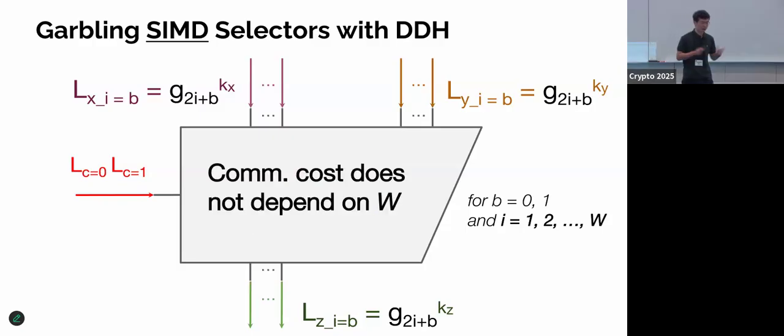Okay, so the main takeaway here is that the communication cost does not depend on W. But how about the computation cost? It seems that the evaluator still needs to compute every one of these output labels by doing an exponentiation. So to understand how we save computation, at least asymptotically, it's good to see how we build the stack from